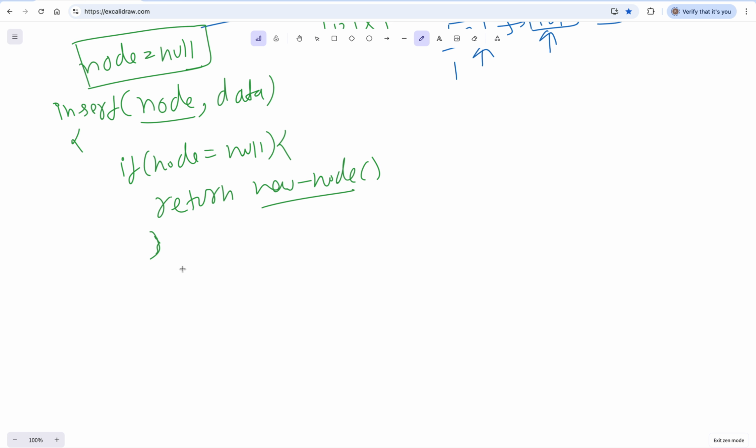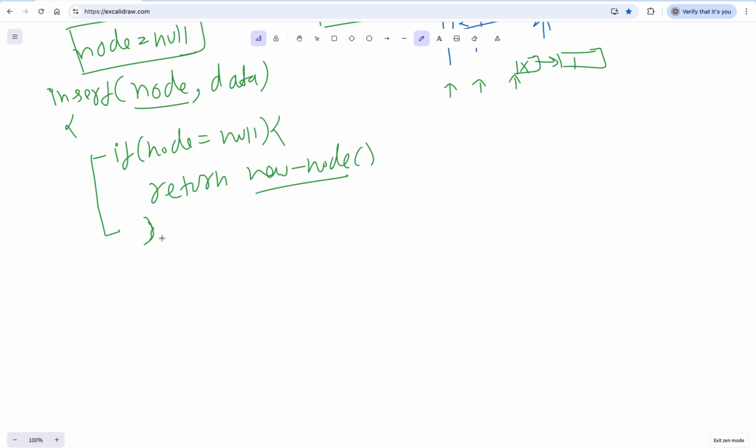Okay, then what we are going to do is, if our node is null, if our list is empty actually, or we are at the end, I should say it this way: if you traverse the linked list and reach the end, where the end is null, then you will insert a new element, right? This is how we do it. So in this case also we have this particular condition.